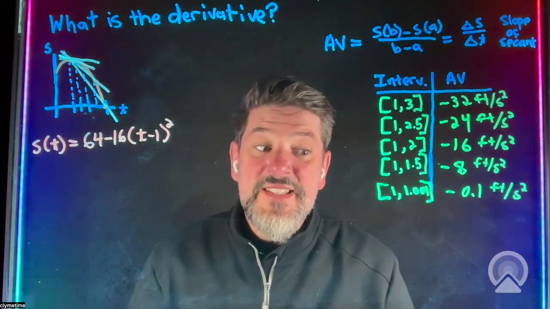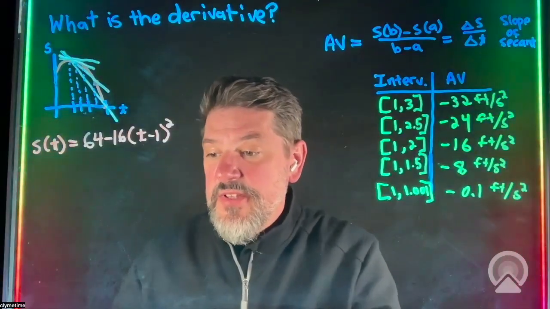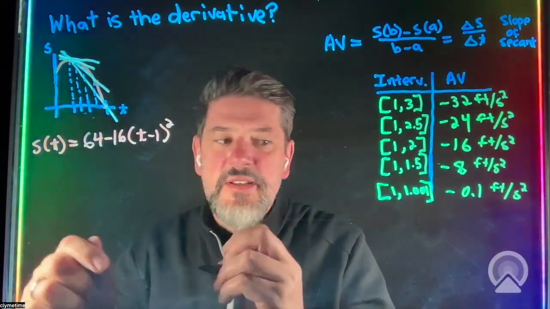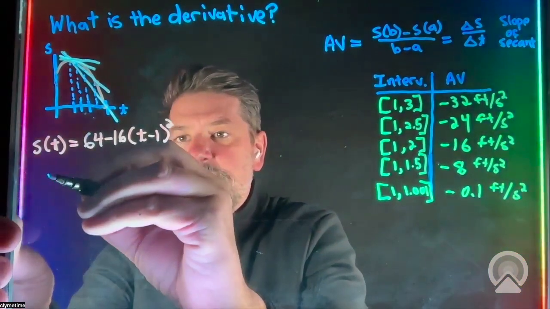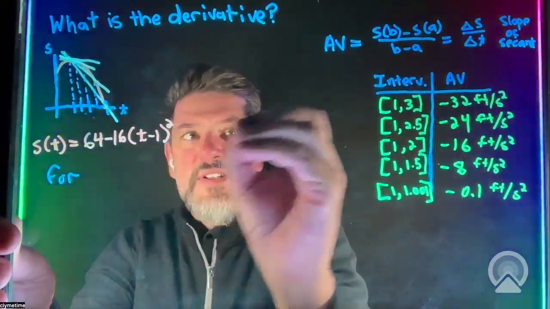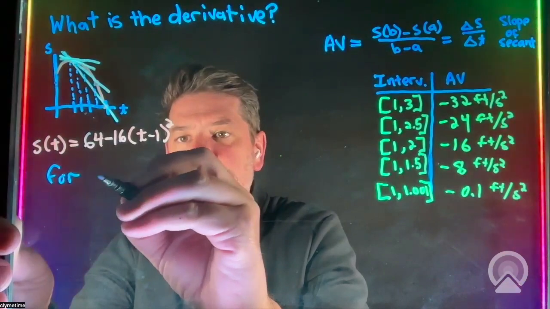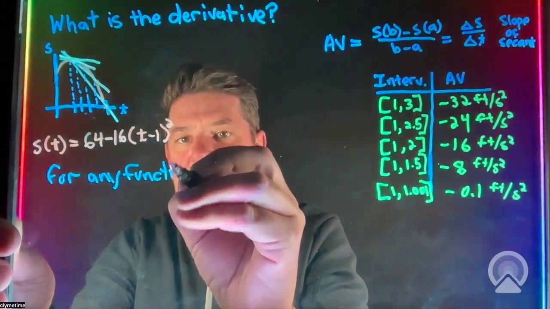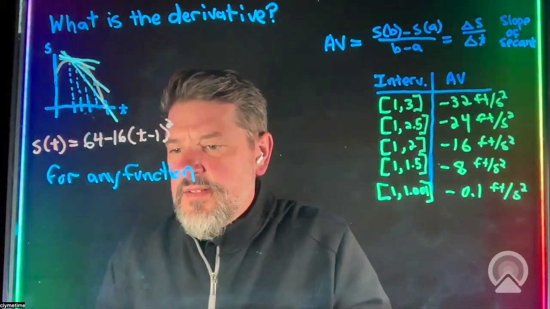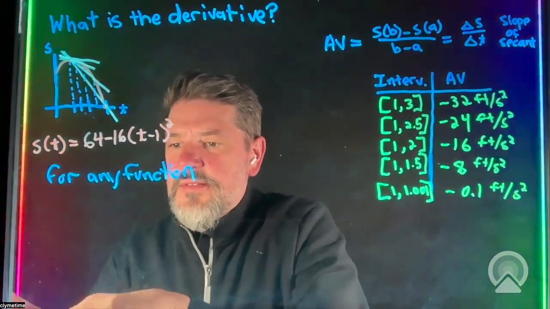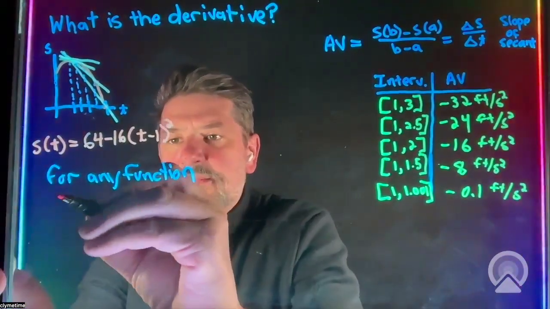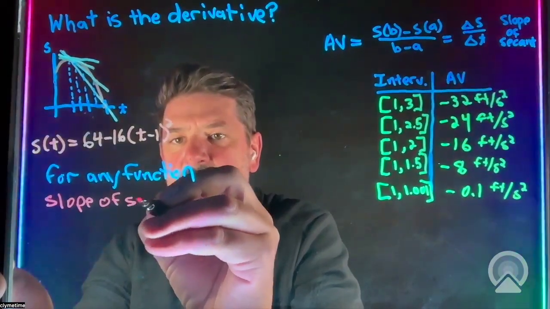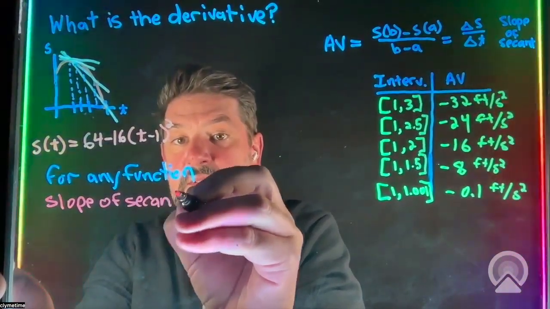Okay, so these are secant lines. Now, this is true for any function. So for any function, it's not just for speeds, it works for any functions. For any function, we can say that the slope of the secant line, here I'm going to try a new color now. The slope of the secant line, again, remember secant line means you have 2 points,